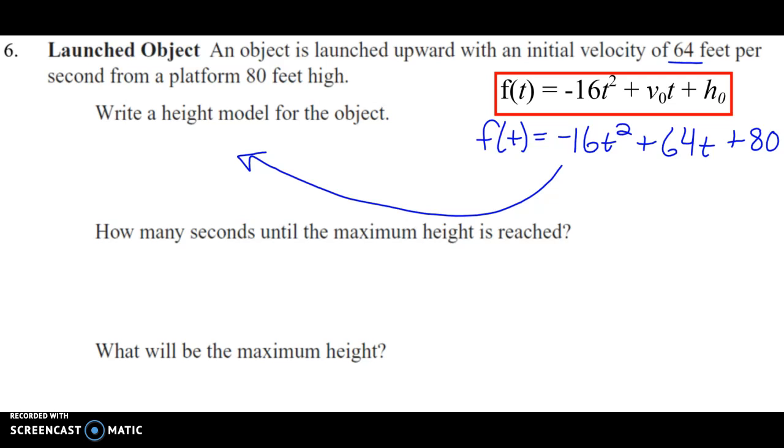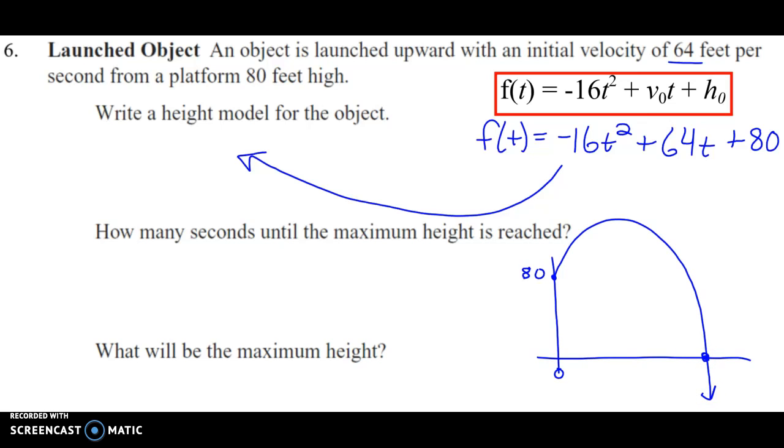Okay, so for the first part of this, what is the maximum height? Okay, I'm going to graph this over here to the side. What's the initial height? 80. So we have an object up on a platform, and no time has passed yet, so time is 0. And then it's launched up into the air, and then ultimately it's going to come down and hit the ground,